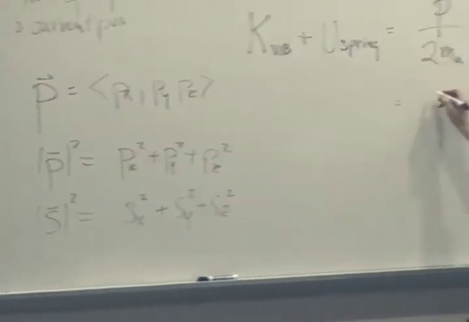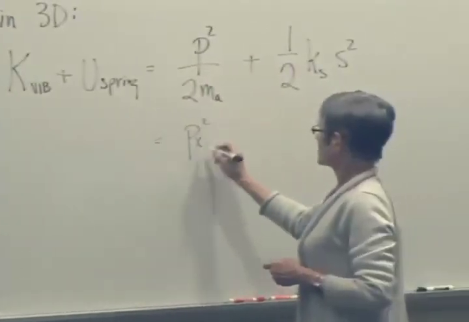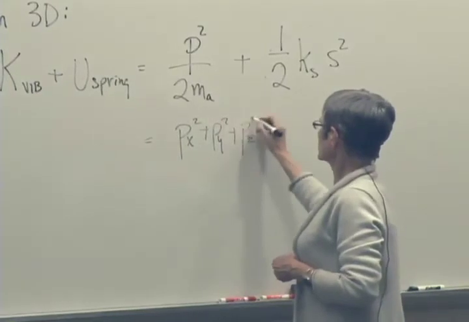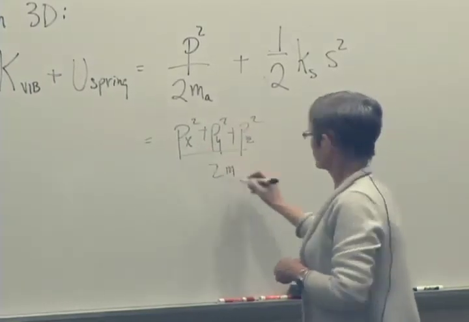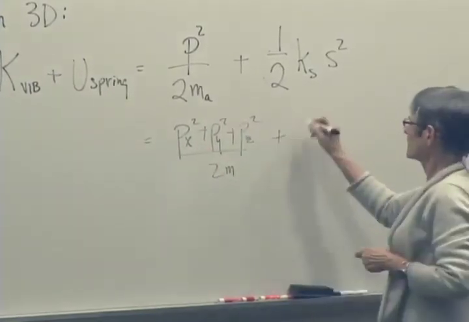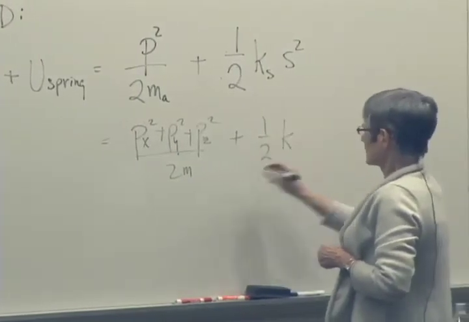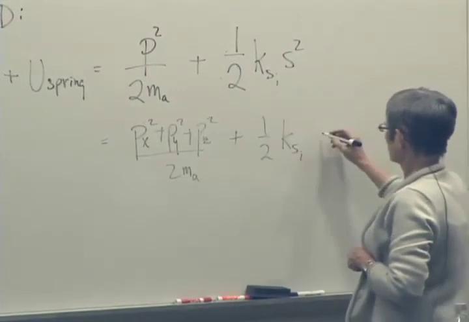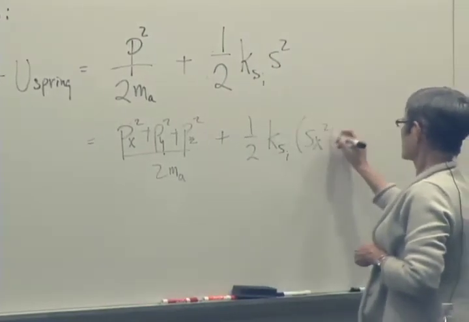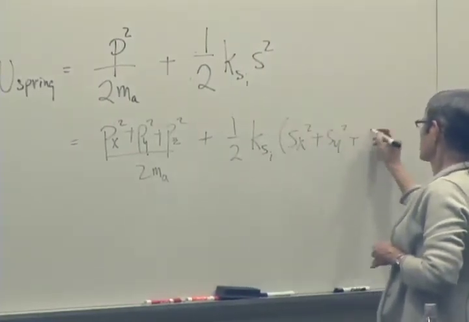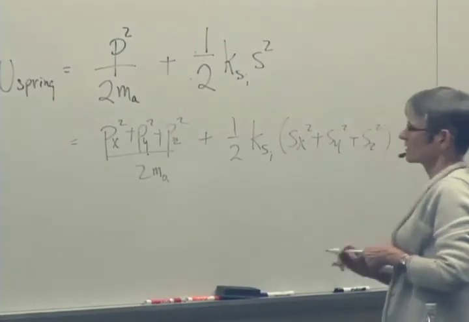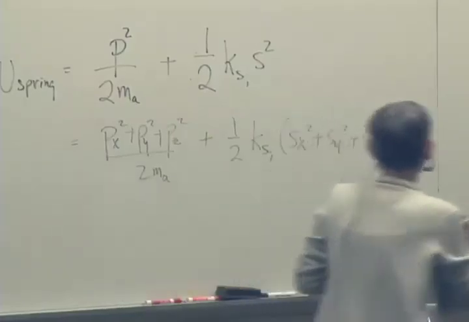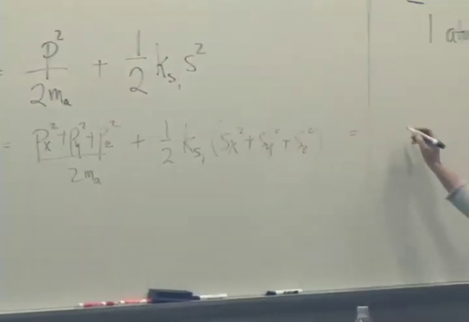So what we've got is px squared plus py squared plus pz squared over 2m, where that's the mass of an atom, plus a half, so I'll write m_a, k sub s interatomic times sx squared plus sy squared plus sz squared. And then just rearranging the terms, we can end up writing that as